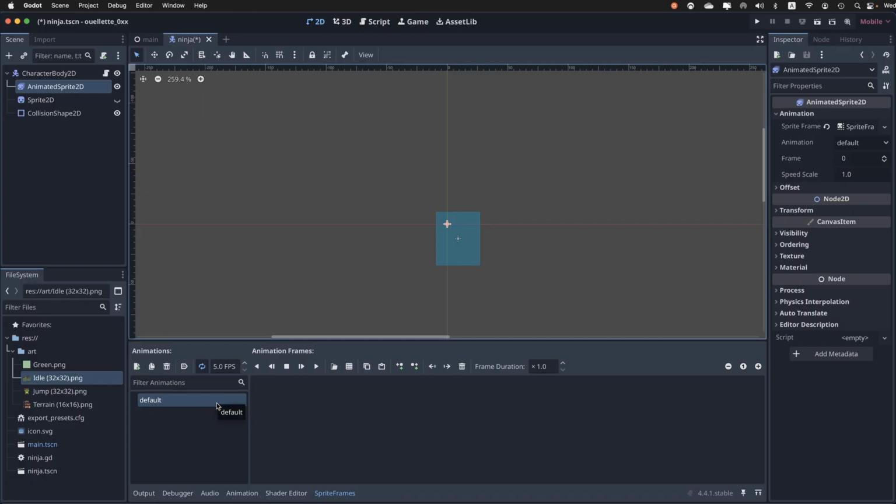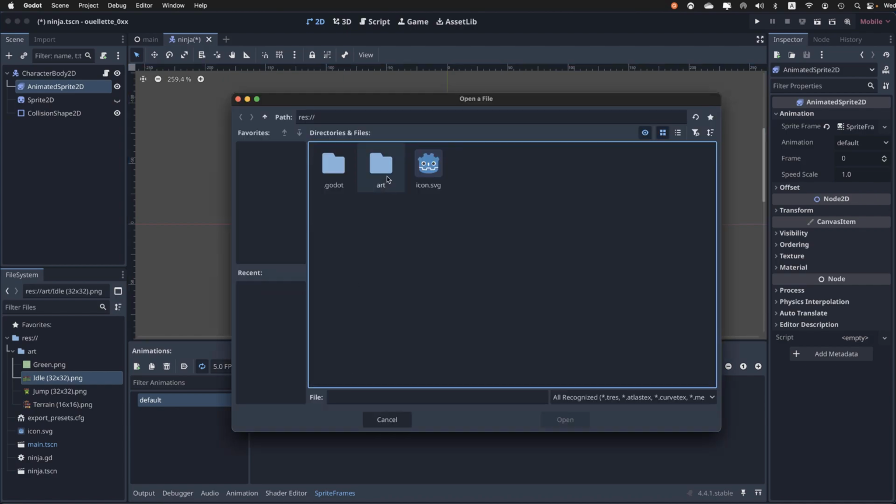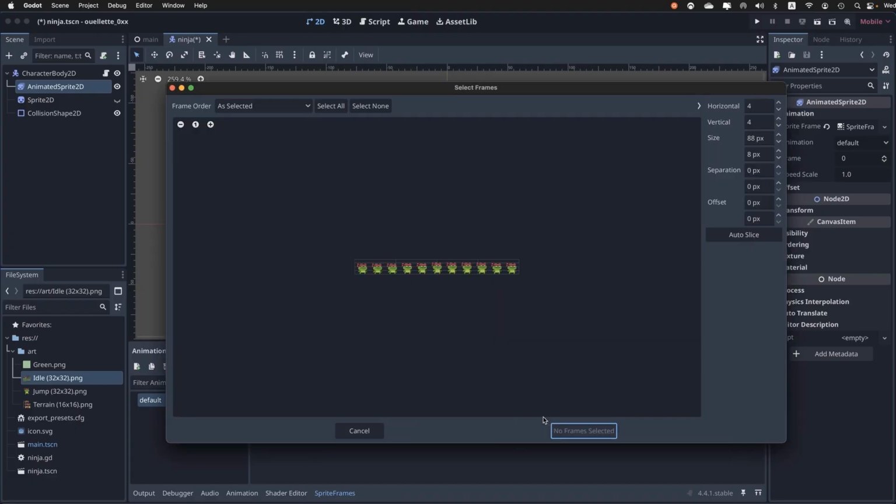Now we still need to apply the sprite sheet to it, but we do have sort of an empty animation component, if you will. So the way we apply it is over here. We have called add frames from sprite sheet. So I'm going to click on that, and I'm just going to go into my art folder and choose idle and click open. So that opens up here. I'm going to zoom up on that a bit,